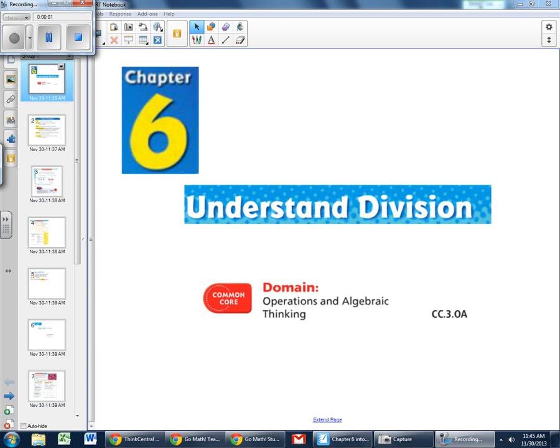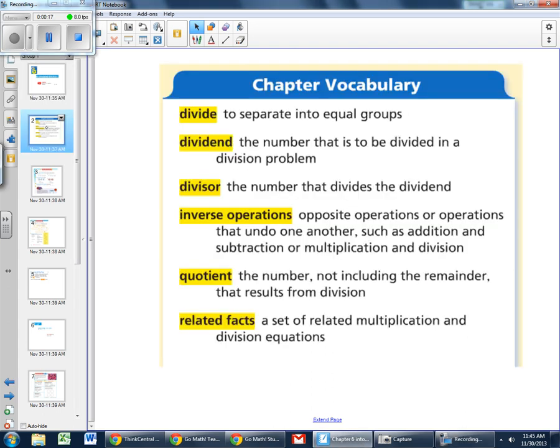Welcome to Chapter 6. This chapter we're going to do nothing but understanding division and the languages that go along with it and strategies that we can use to solve division problems. Our Common Core is operation and algebraic thinking. And if we look at our chapter vocabulary, we're going to start out with some new words and some that